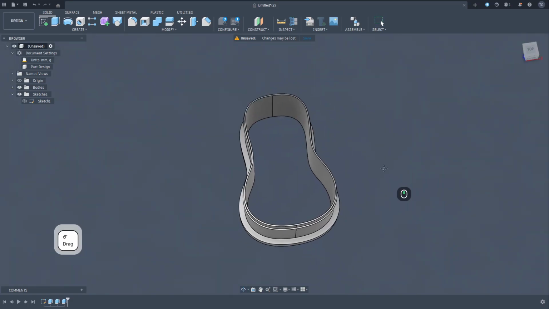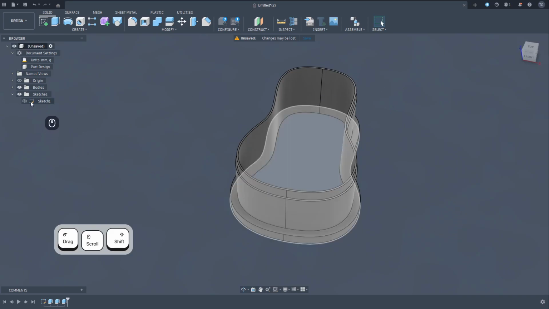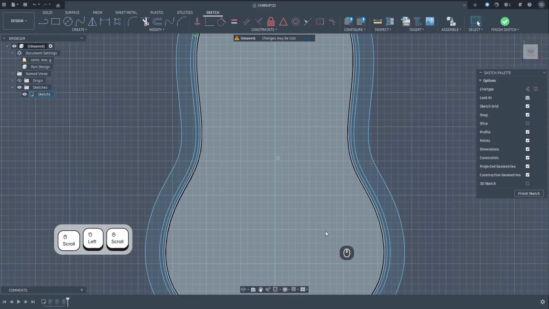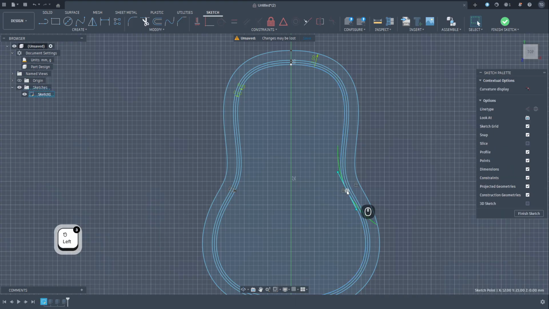Now I've only extruded this to show you another feature of the sketch. So if you go back and double click the sketch, you can edit this sketch. And let's say you don't like this shape that this cutter has and you want to turn it into something different. You can simply click one of the points